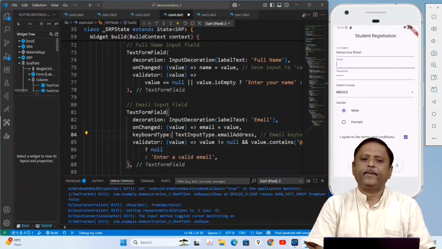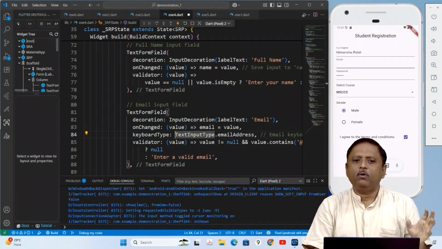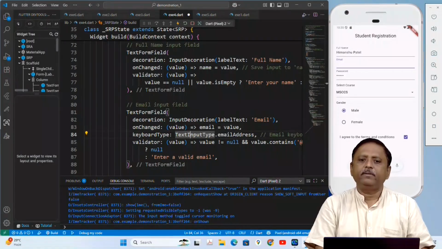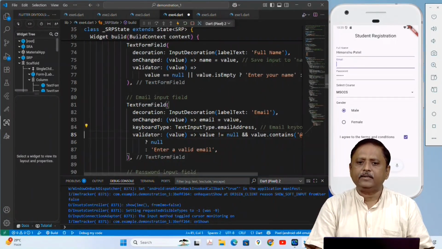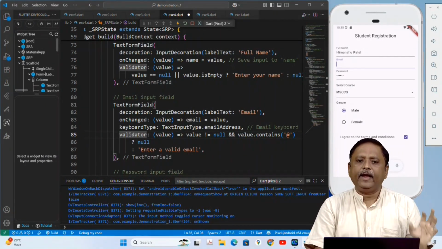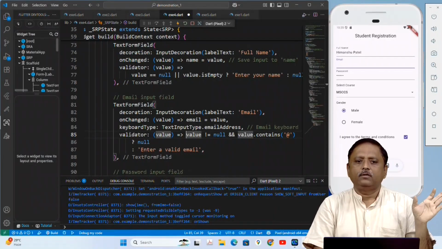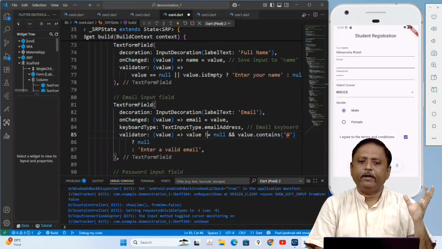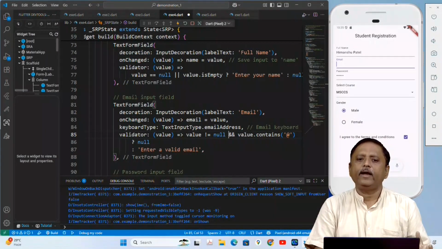So here I specify keyboardType. The keyboardType specifies TextInputType.emailAddress, so it displays a keyboard that supports entering email. So here I again use validator to set the value. Inside the validator I write: if value is not equal to null and value contains the at the rate symbol,